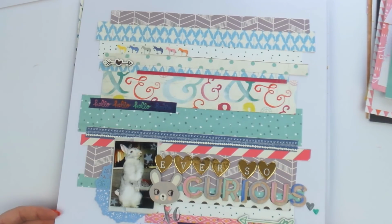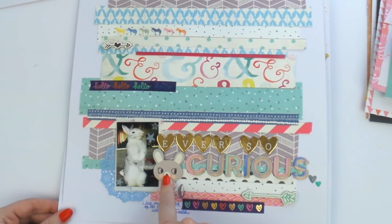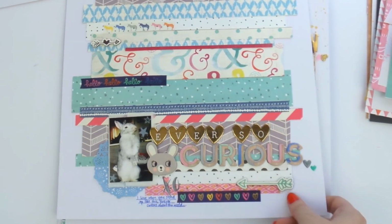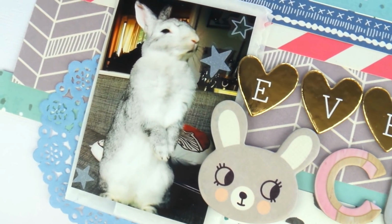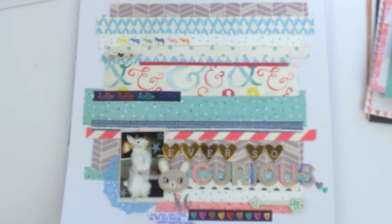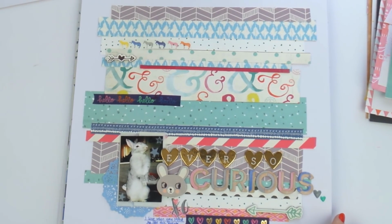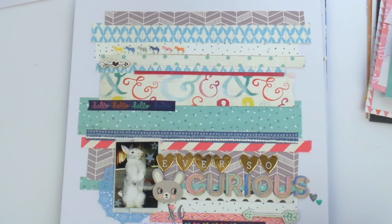I love this one too. So this one's called Ever So Curious, and I knew I had to use that crepe paper. I think it's from the Wonder collection. I had to use that chipboard because it's like it was made for Frida. Like, look at that. It's like a chipboard version of Frida in a nutshell. So Frida is very curious and very suspicious. So if you haven't heard from her for a little while, you should often go and investigate it, because...